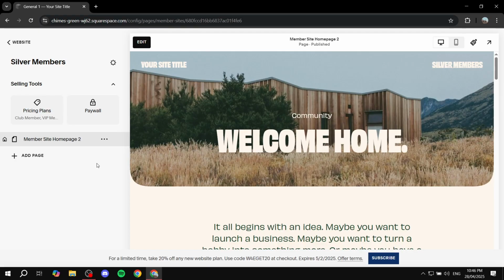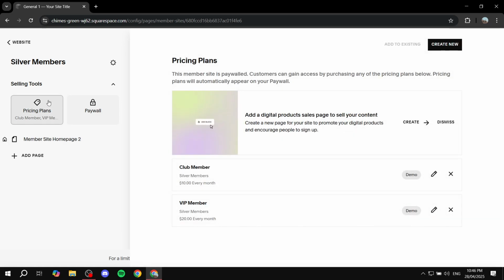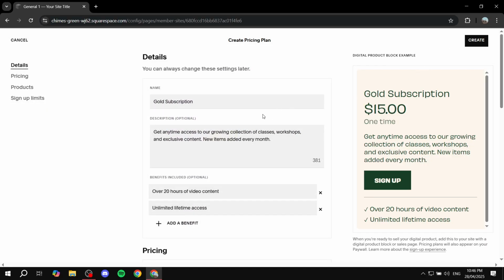And let's just call it plan. It's a lot easier this way. So pricing plans, if we just select this, we can actually go in and start selecting a proper pricing plan, which I actually am going to do. So I'm just going to click on create new from the top right corner. And this, I'm just going to name it silver